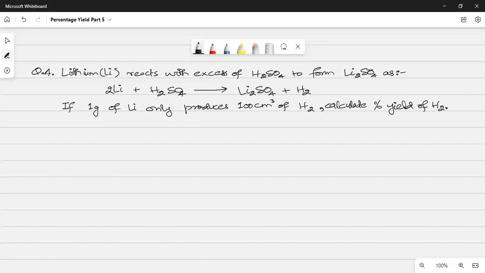If 1 gram of lithium only produces 100 cubic centimeter of hydrogen, calculate percentage yield of hydrogen. Now this time I am going to leave you with the steps, but this time I won't mention the formula ratio step because it's pretty much the same thing. Also, I'm not going to help you with PYs and AYs because that's also something that you already understand from the question, okay? So let's just try to go with the steps that Cambridge gives you and nothing extra on top of it. So moles of Li reacted,